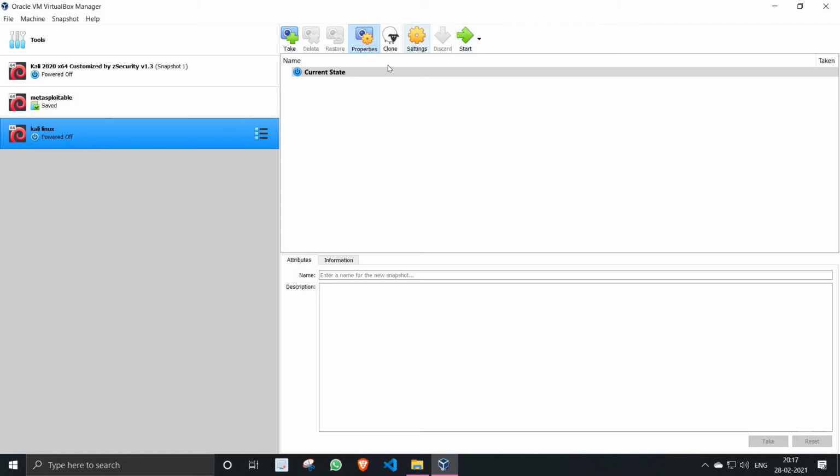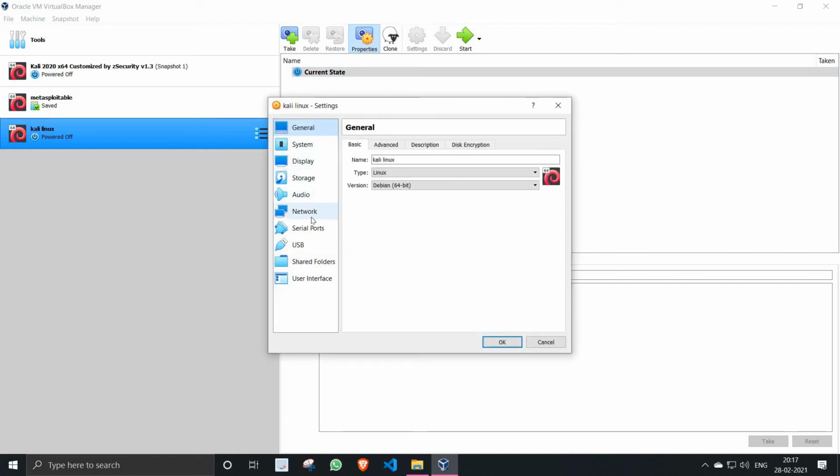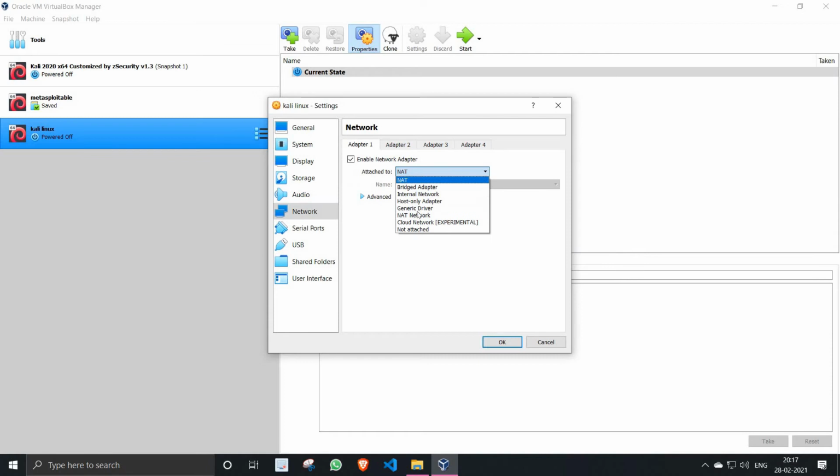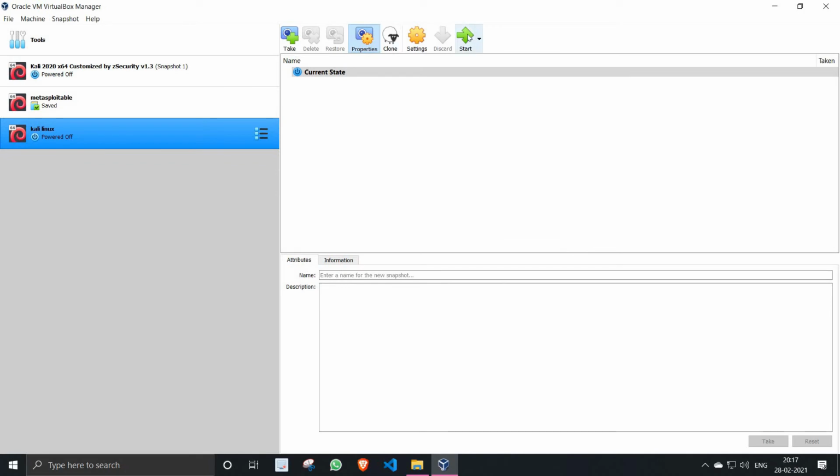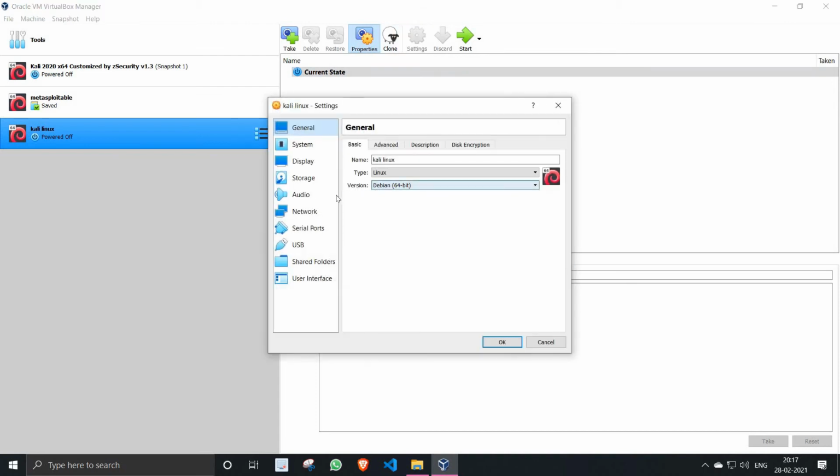First of all, please go to settings and come to network. Click on network and select the network here. All things are good here, no problem. Click on OK. If you have a Wi-Fi adapter, you have to attach it to your Kali Linux.